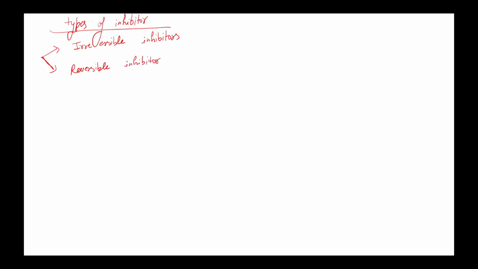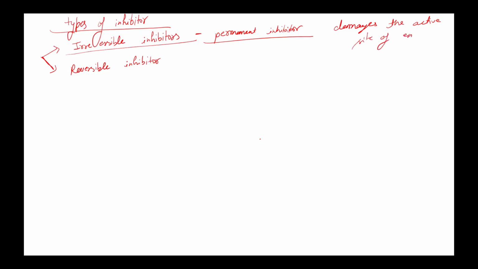Irreversible inhibitors are some kind of permanent inhibitors, we can say, which damage the active site of enzyme, or you can say destroy the functional group of enzyme,